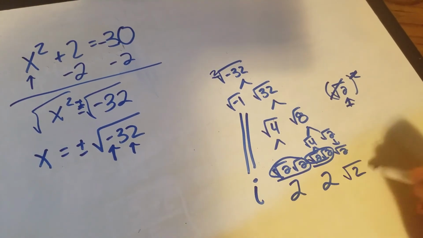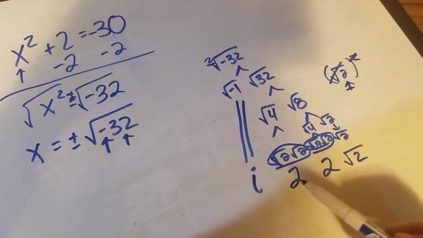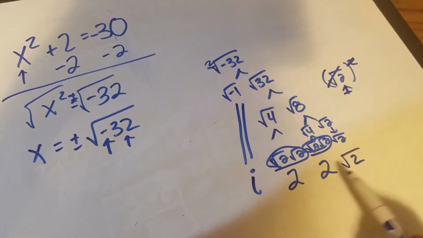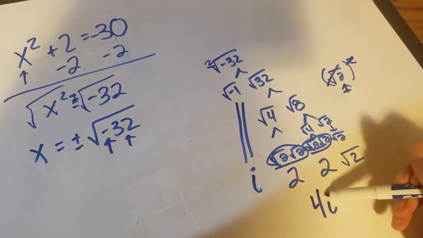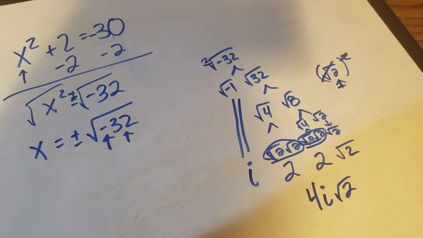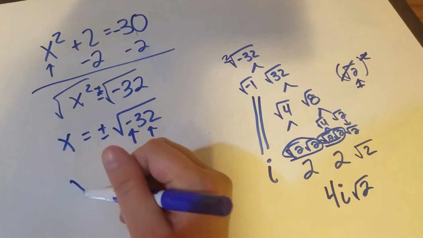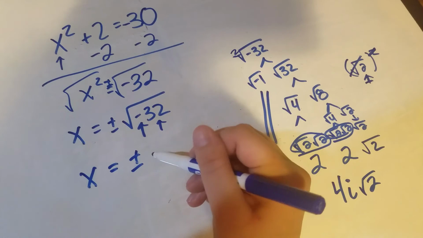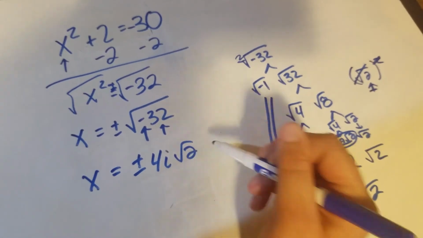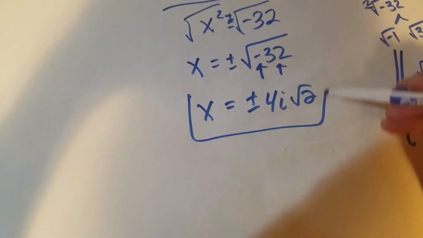And then we have a lonely one left over. We would just multiply everything out in front, so we'd have i times 2 times 2, which would give us 4i. The square root of 2 would stay inside. So now we just need to put that with our plus minus sign, and that is our answer. Okay, so this is our answer. So we should get there